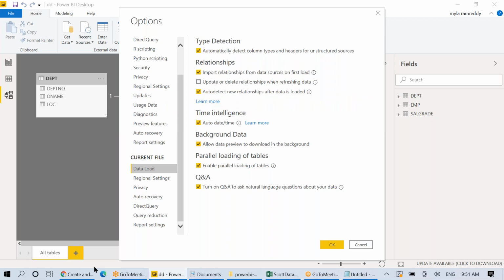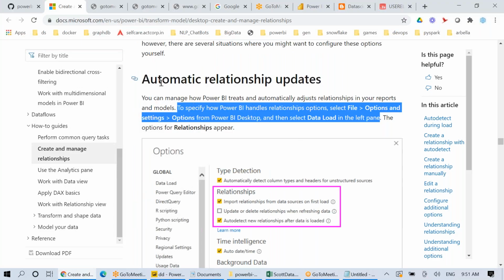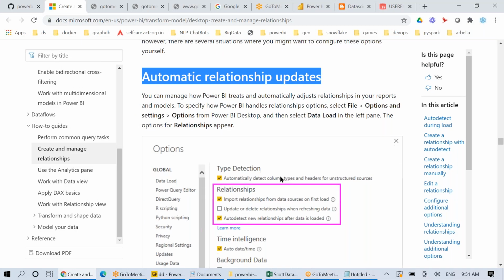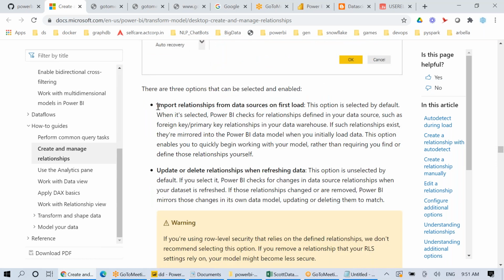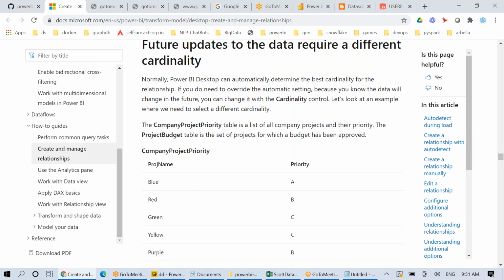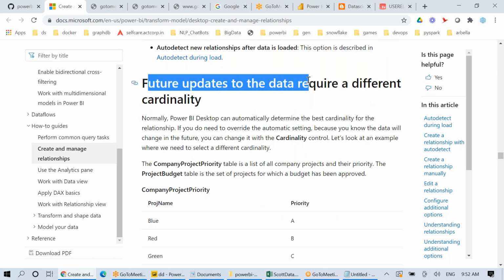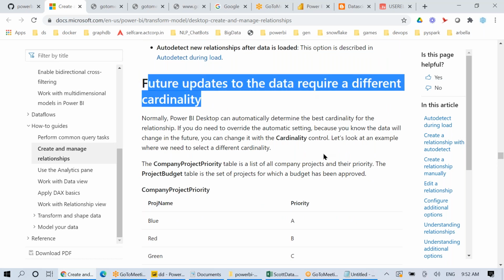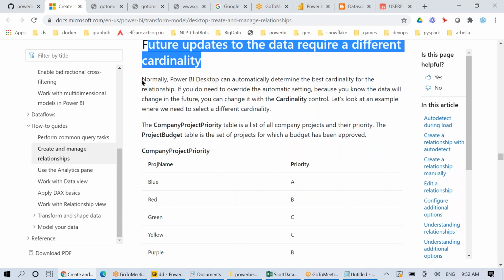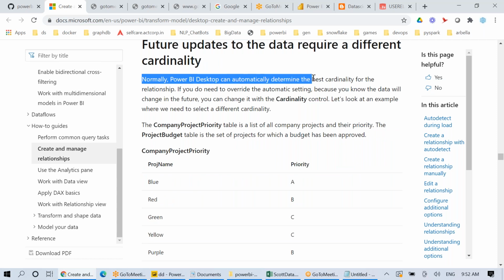Okay. That's the option we have here, automatic relationship updates. Just go and try to refer to it, and you'll be able to understand. Now, future updates to the data require a different cardinality. Yeah, that's what I said with the example of the person and degrees tables. One person today may have a one-to-one relationship, tomorrow you may have one-to-many, then how are we going to handle that kind of example you're trying to give here. Normally, Power BI Desktop can automatically determine the best